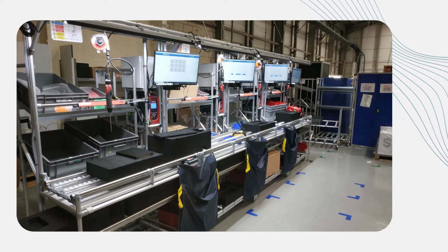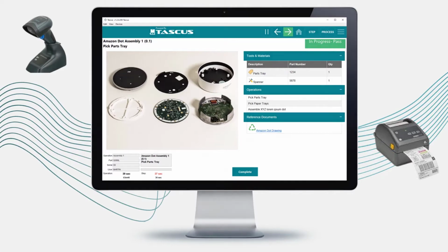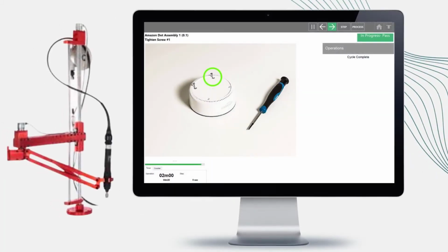manufacturing process. We used our digital manufacturing solution Tascus to guide, control and track production of lamps with digital work instructions. Barcode scanners and integrated label printers enabled them to track and trace products through their factory. And Industry 4.0 connectivity to electronic torque wrenches and parts present sensors to ensure the correct process was followed at